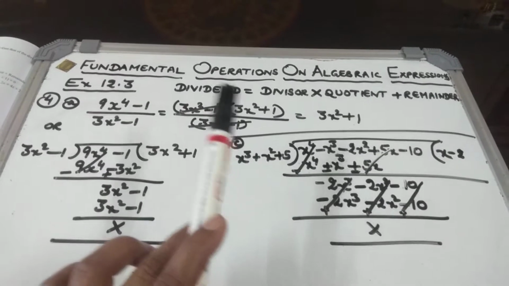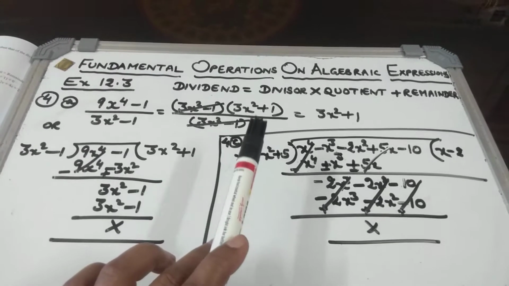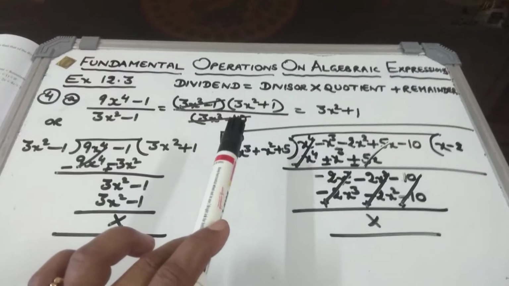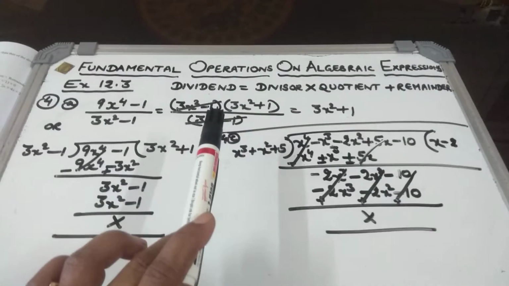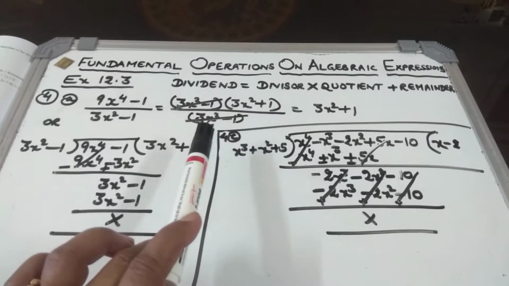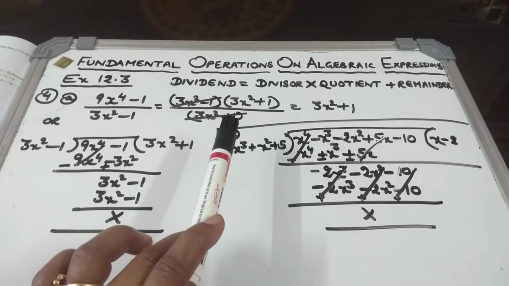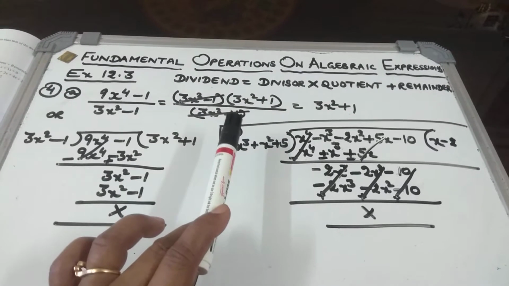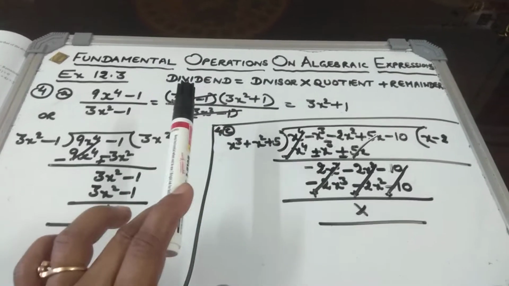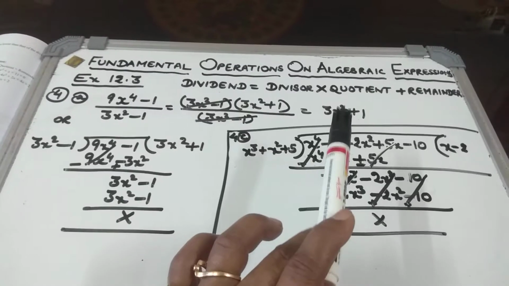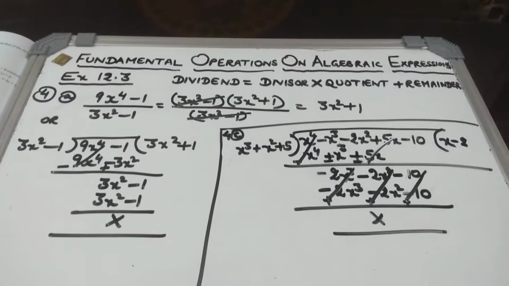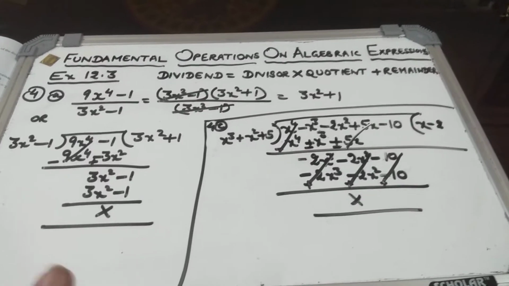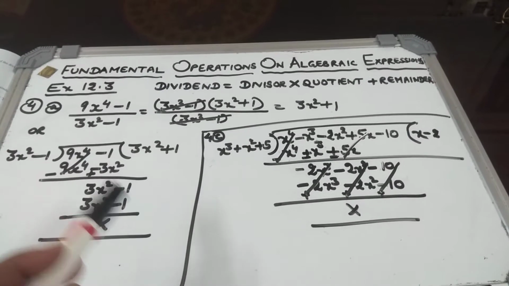Note this step carefully, properly. See that why I am writing like this. Not that in every question you can write like this. No, not possible. Children, in this question I have written like this. Upon 3x square minus 1 was in denominator. This I have written so that I could cancel the complete bracket here, which is common in both numerator and denominator, and I am getting only 3x square plus 1. So this is the procedure when it is factorizable somehow, and you can write by cancelling the common factor.